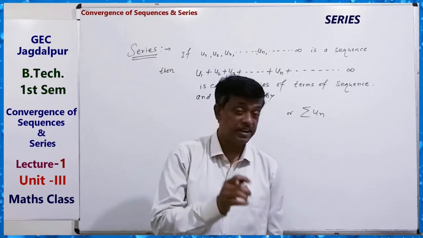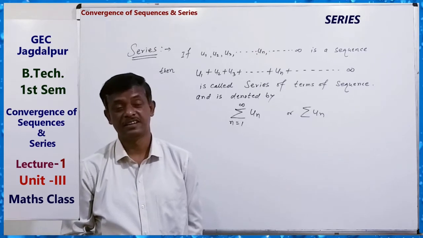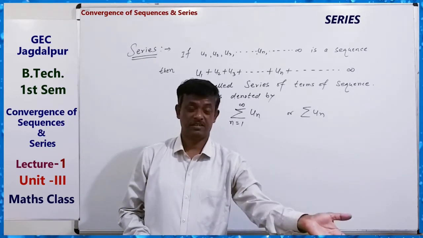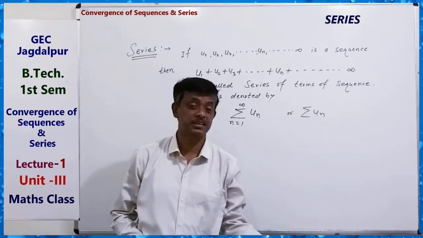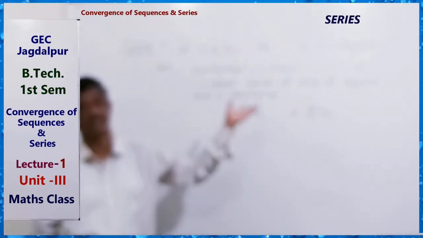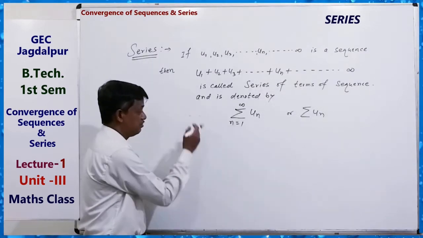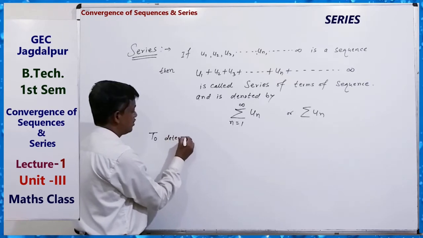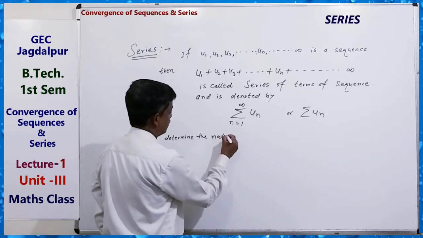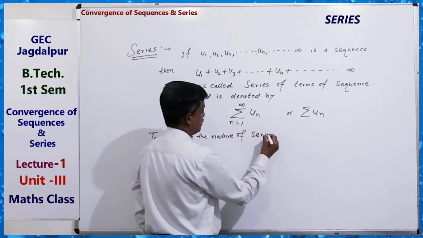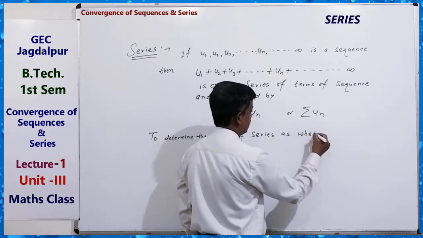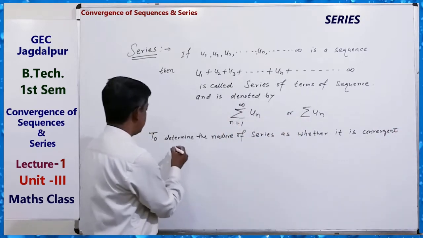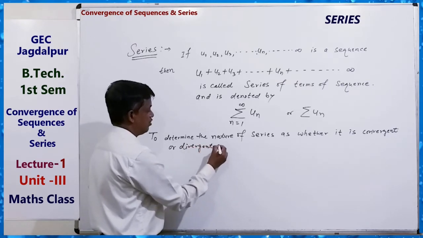Now, for determining whether the series is convergent or divergent or oscillatory, what will be the procedure? For a sequence we know: if the limit is finite and unique, then convergent; infinite and unique, then divergent; and if finite or infinite but not unique, then oscillatory. But here, to determine the nature of a series, whether it is convergent or divergent or oscillatory,